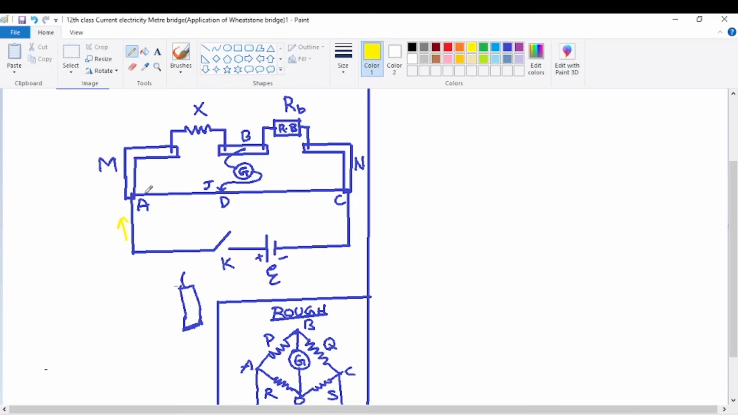At the junction A, it divides into two parts. One part goes through the metal strip M and then through the unknown resistance X. The other part goes through the bridge wire from A to D and D to C. So now the important thing is when the current is flowing through the metal strip, the resistance